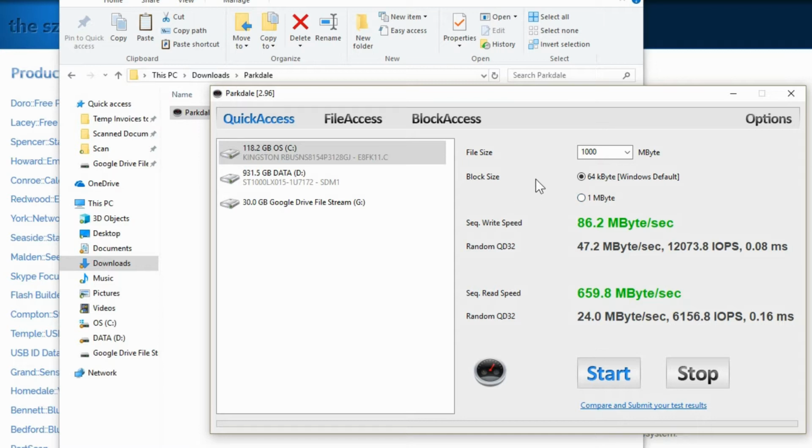So if you're going to be testing various hard drives and you want to see what it was before and after, make sure you're sticking with the same method of testing, and I would recommend sticking with the same program.